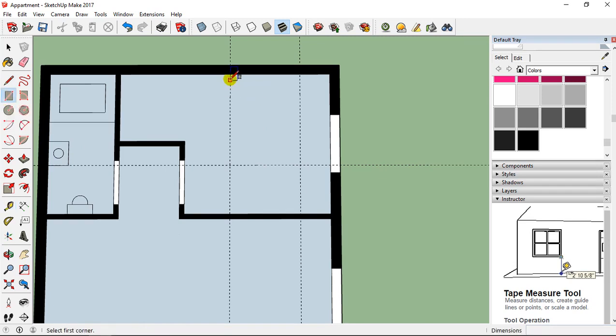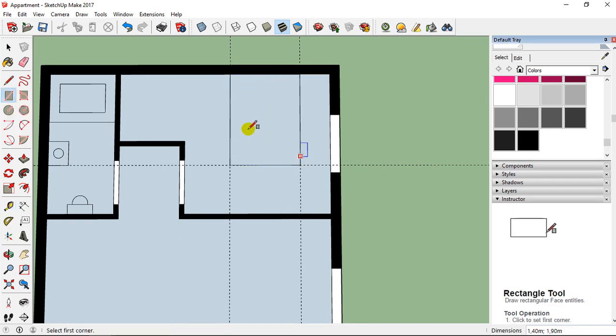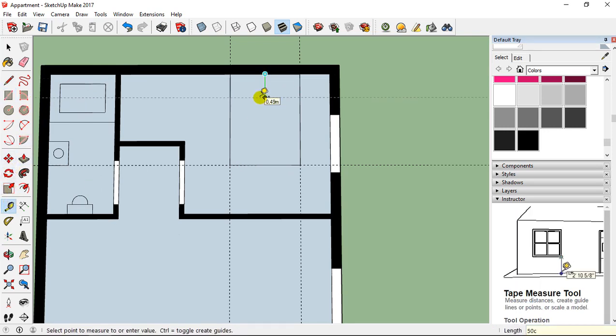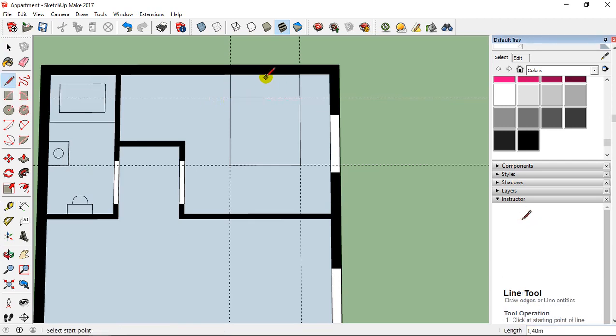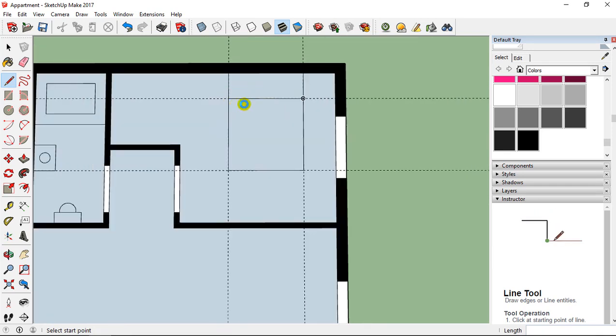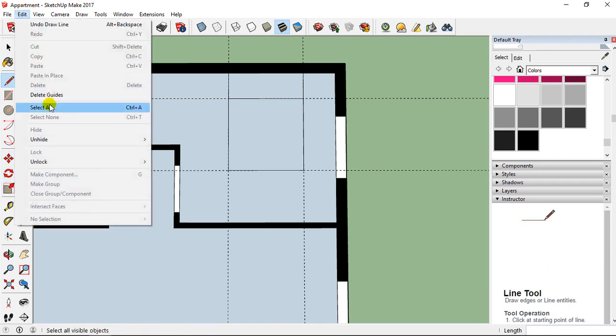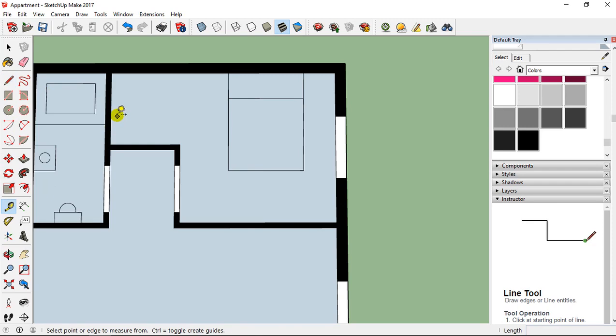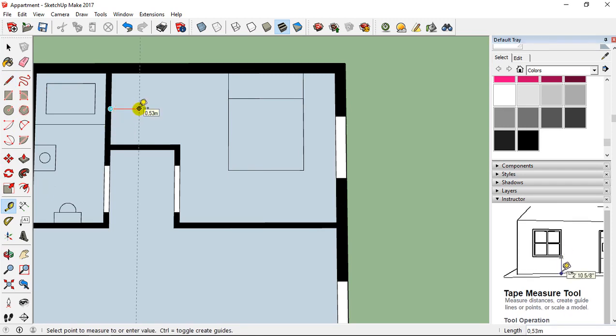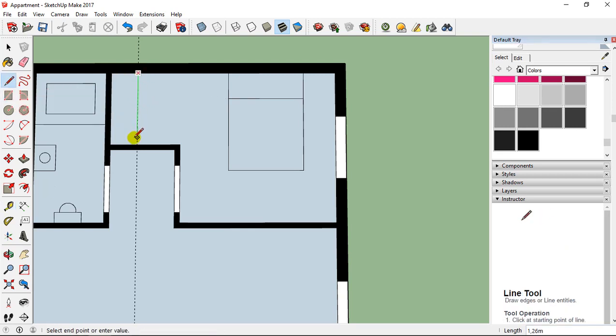I take the rectangle tool and I add a rectangle like that. Then I can place a guide here at 50 centimeters and I can add a line like this. So here it's going to be the bed. Here I would like to incorporate, for example, a wardrobe inside this place. I just need to take edit, delete guides. I just need to take a guide and place a guide like this at 50 centimeters. And then I have just to take the line tool like this.